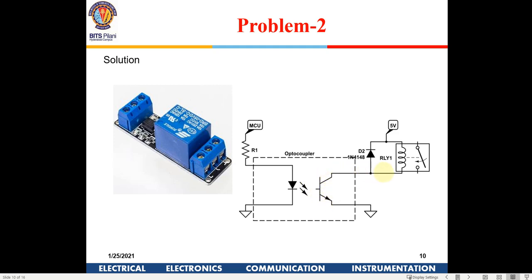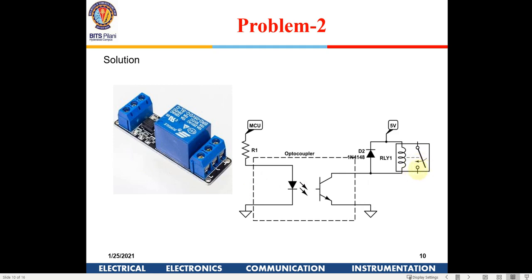Once this photo detector gets activated, the current will flow from the 5 volt. You need to give a 5 volt supply also to this optocoupler. It will go through this relay, and then it will make a contact. These optocouplers are available for various ratings, ratings meaning the current carrying capacity of this contact. But the input side will take only microamperes. So your microprocessor remains totally immune to the switchings which are happening.